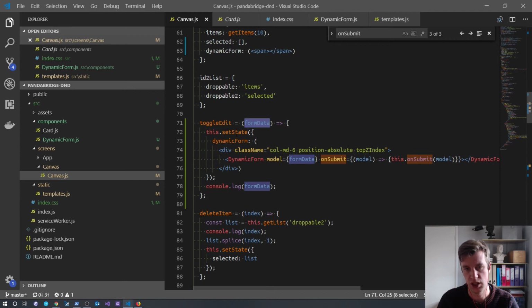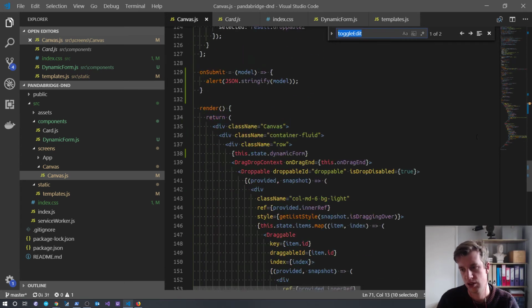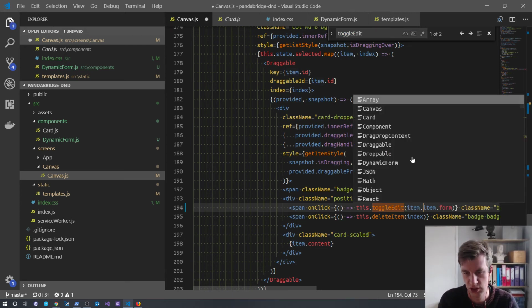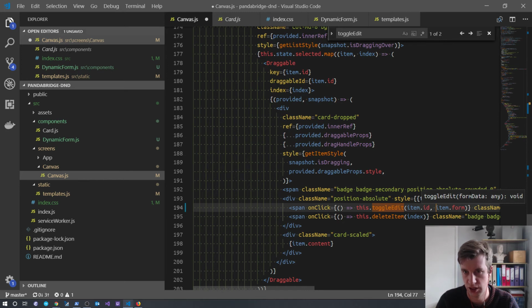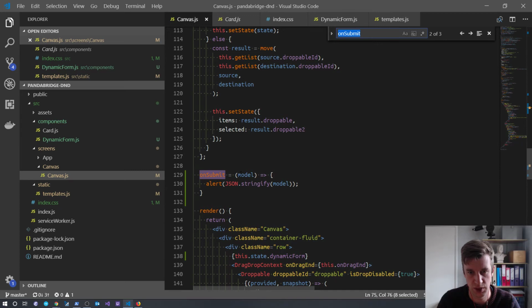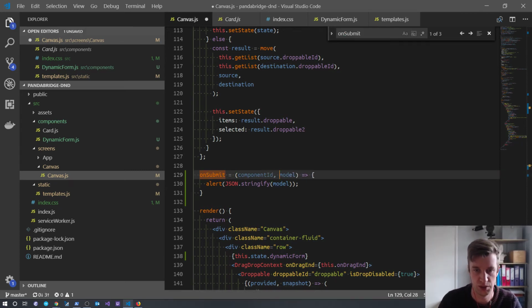If we do this dot key, do we have this dot ID? Toggle edit. We need to do like item dot ID, and yeah, fine. Then on submit, you can do component ID, form data, and then we can use on submit here. We can do component ID like that. Good. And then on submit, which is all the way down here, we have component ID model,